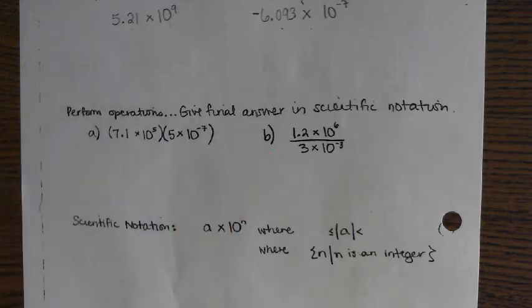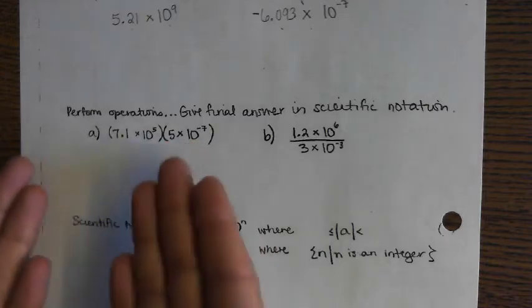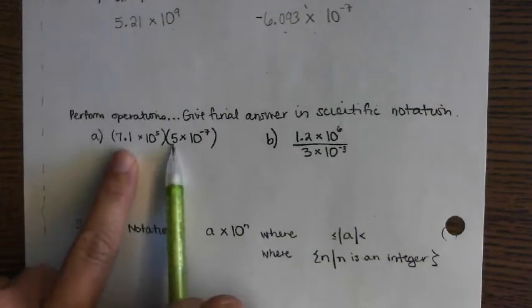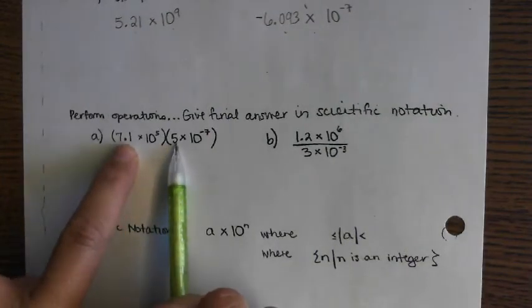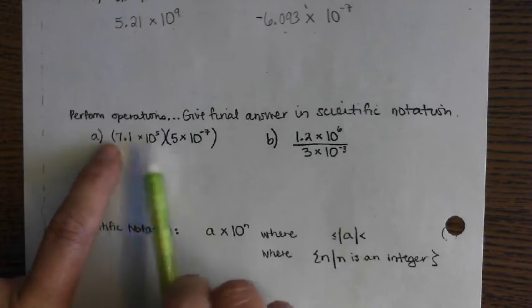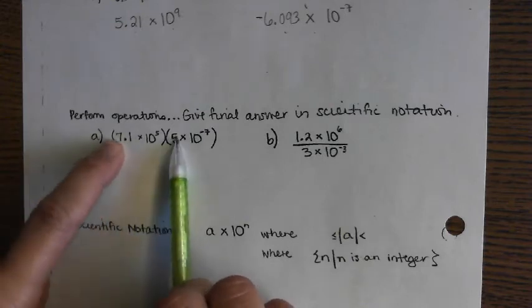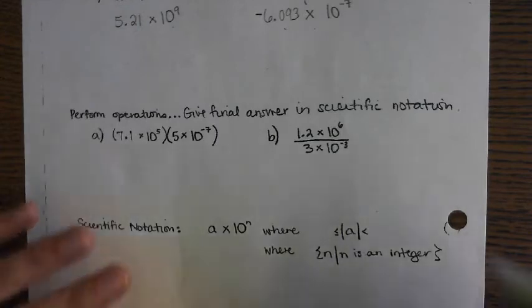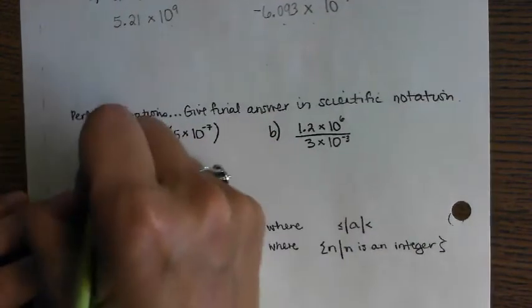So if you wanted to multiply two numbers that were already in scientific notation, you just multiply their bases, and this would become 35.5. Now, here's an example of something I would expect you to do in your head. The 7 times 5 gives you the 35. The 0.1 times 5 gives you the 0.5 without having to write that out, okay? So that's 35.5